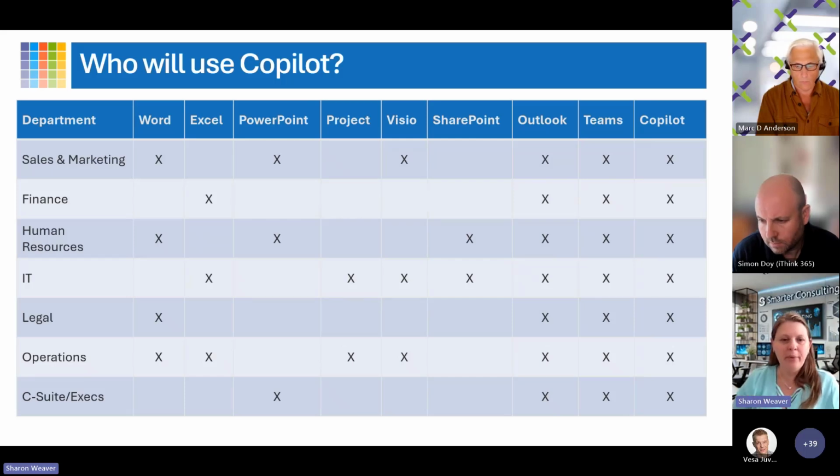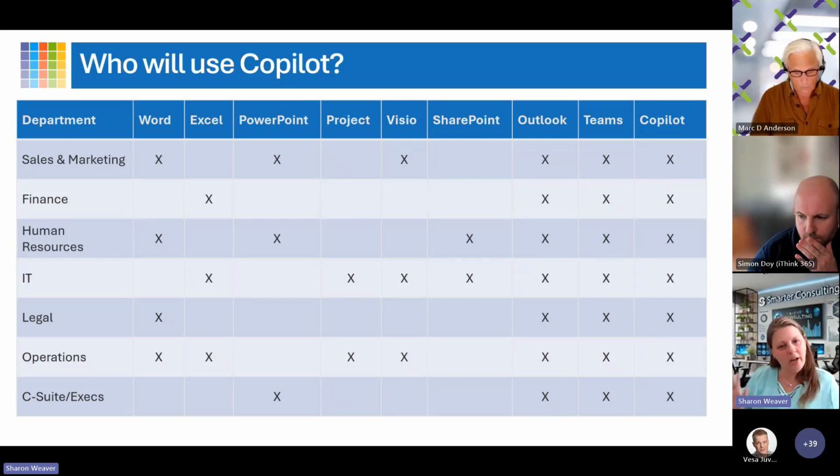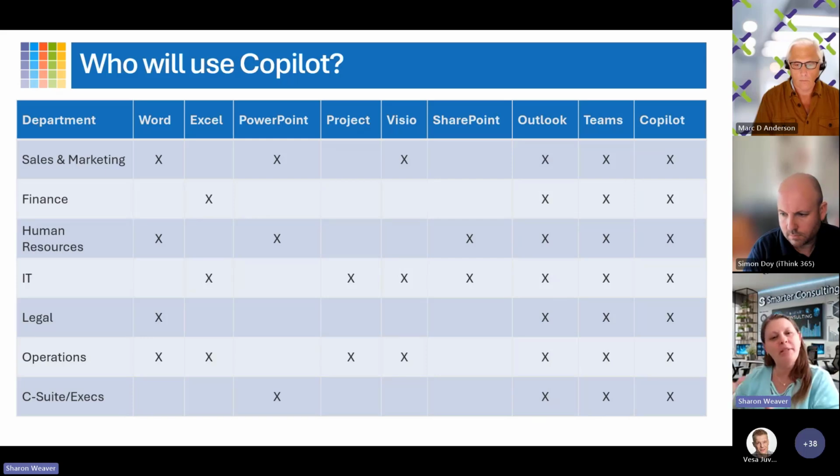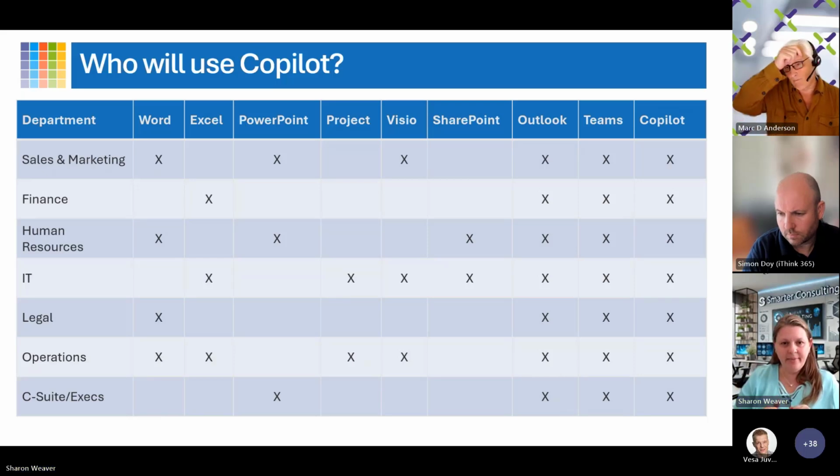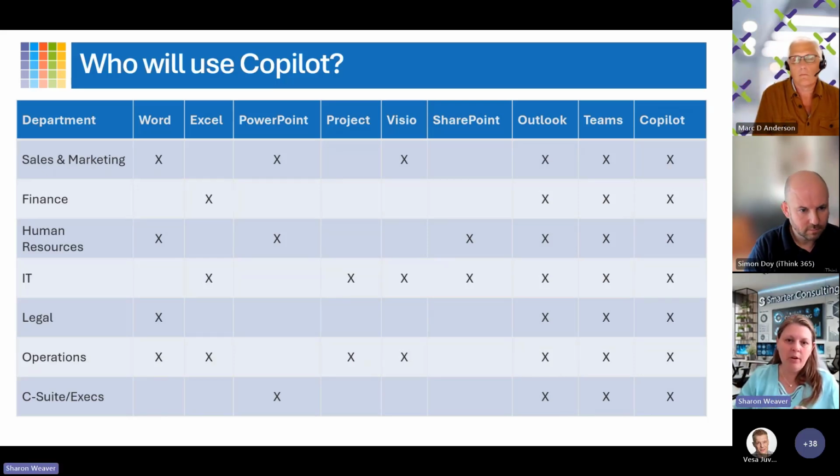Okay, so now we start talking about maturity model stuff. Now we kind of know what Copilot is, but who's even going to use this anyway? Why do we even care? I want to give you a quick jog down memory lane to help you come up to speed with why this conversation even matters. In the good old times, people used Office applications. They used Word, Excel, PowerPoint, Project, Visio. We had all these different applications, but everybody didn't use the same application. We used an application that was specific to what we needed for that particular task.